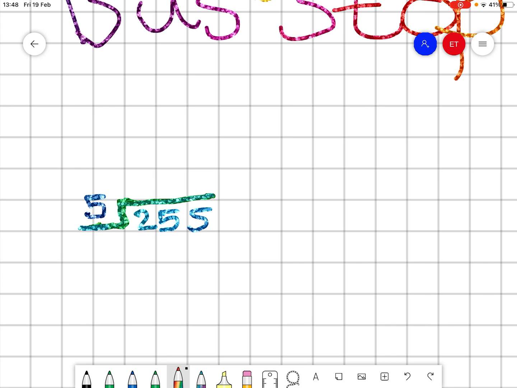Now, the way it works is, you remember your place value. You've got hundreds, tens and ones. So in the number 255, we have 2 hundreds, 5 tens and 5 ones. And in the bus stop method, you are taking each place value and dividing it one at a time. Okay? So, the reason it's called the short division method is because although each number says, for example, 2 is 200, we are going to just see it as a 2 for now, and I'll explain why in a moment,